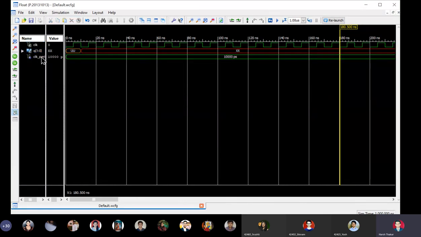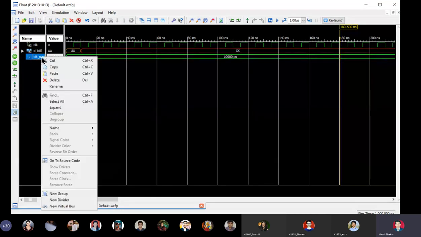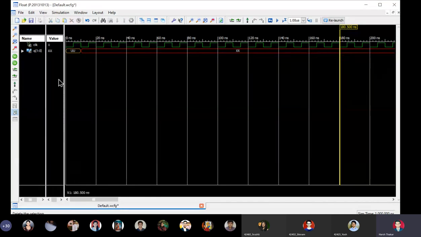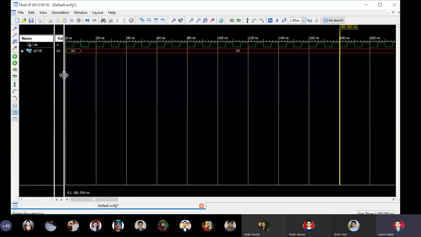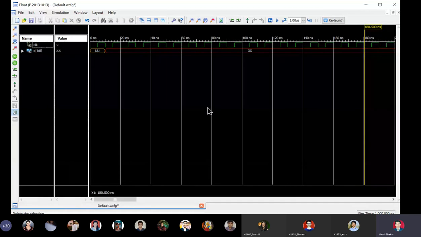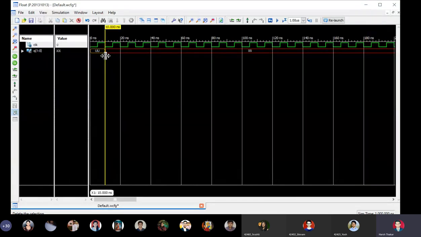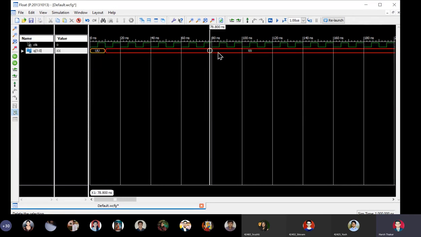And where a clock period is there, as I told you, clock period is an additional output we don't need. We can right click and say delete, and we can expand a little bit like this. And what we were expecting is that every falling edge, so this is the first falling edge, my counter should increment by 1. So we are expecting the counter to go from 0, 0 to 0, 1, 0, 1 to 1, 0 to 1, 1 and roll back.